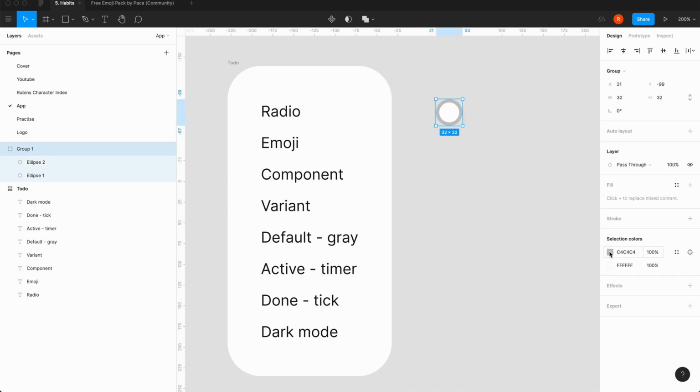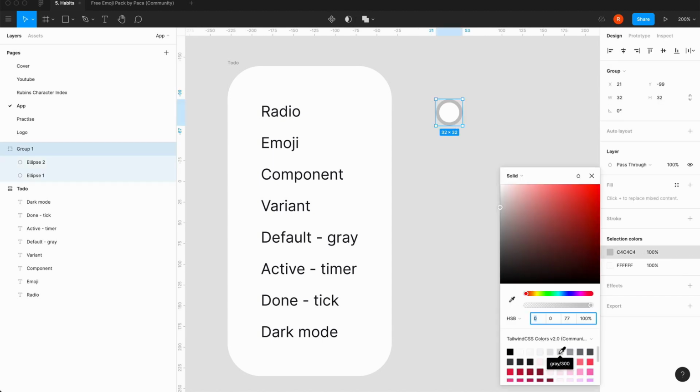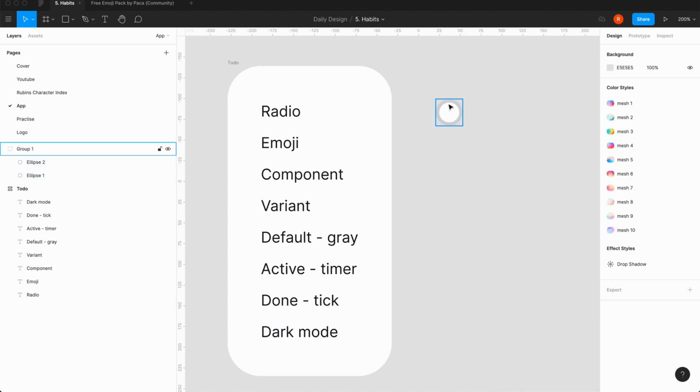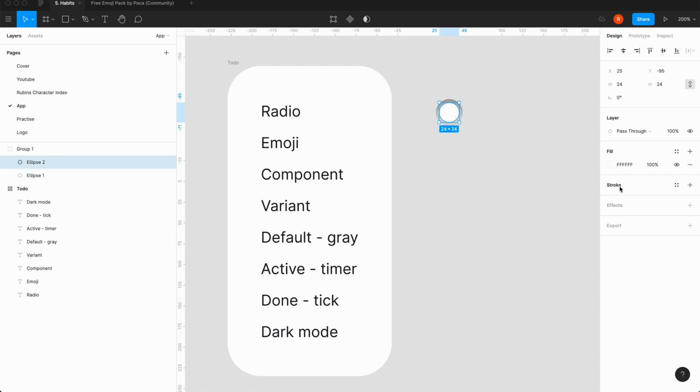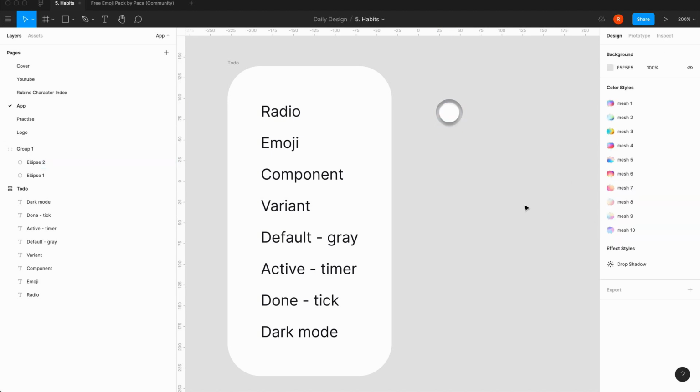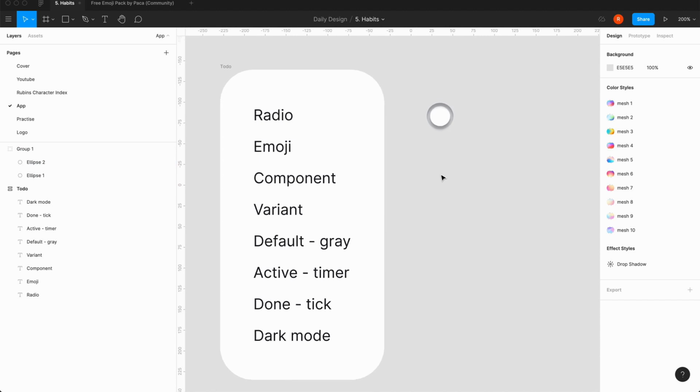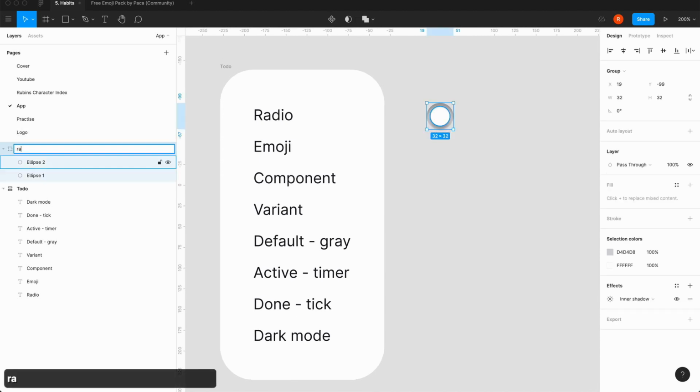So by default, the default style is going to be gray 300, and we are also going to introduce some shadows. Let me just get rid of that. So I'm going to say inner shadow, and we're going for a bit of skeuomorphism. Why not be a bit different? Because there are a lot of clean to-do lists out there, so you can go with the clean route or have a play with shadows. And here I'm going to say drop shadow. There you go. It's very quick and simple. And so now I'm just going to label that radio,